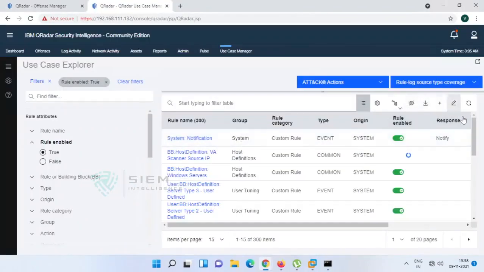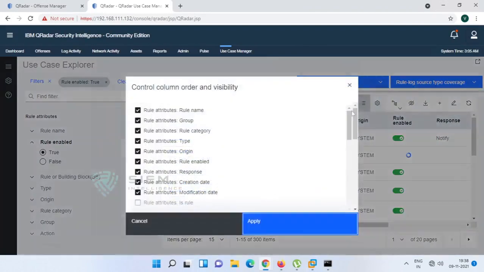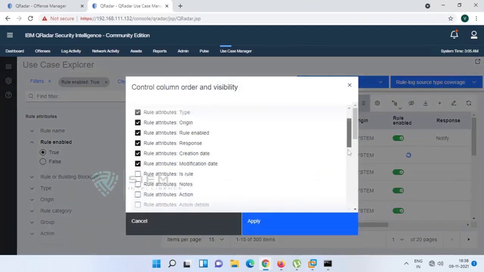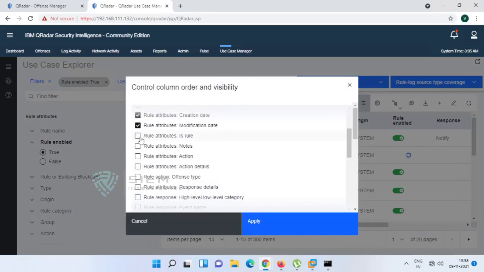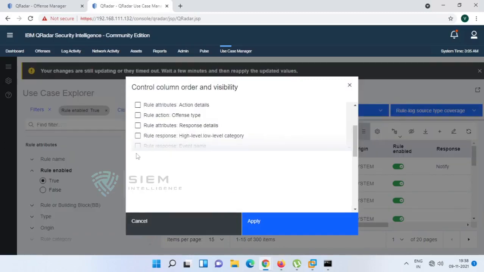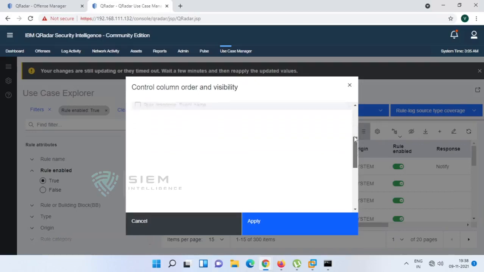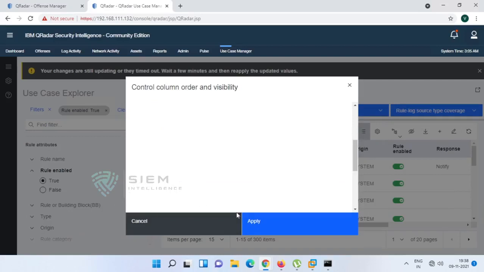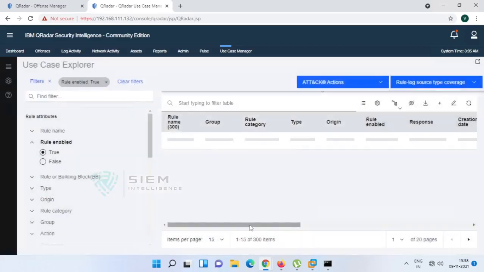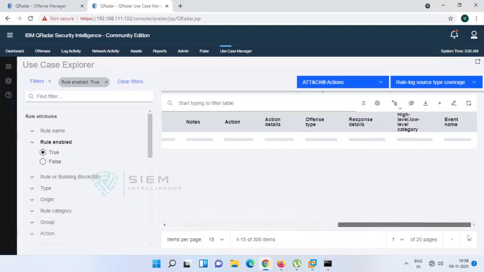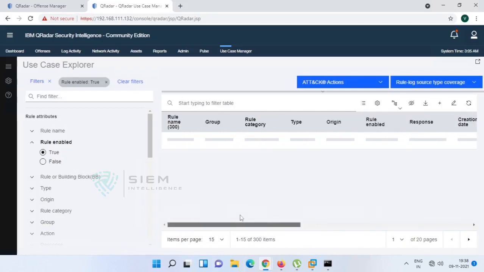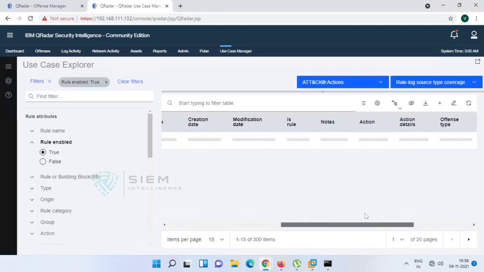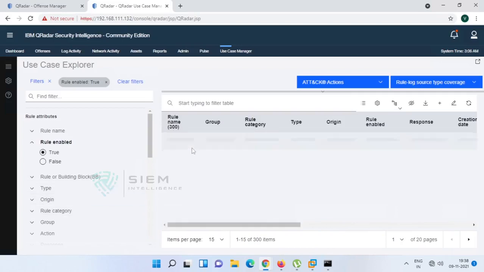If you see, you can change the settings, you can add so much visibility. What is the rule attribute, what are the rule nodes, what is the action or the action details, offense type, everything. If you want to select everything, you can select and apply it. So now you will get so much data: what is the rule, creation, condition, modification, everything.